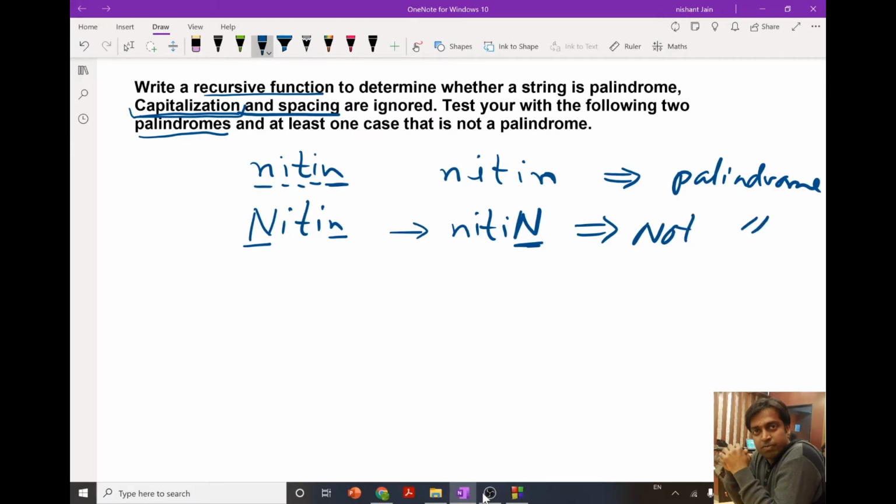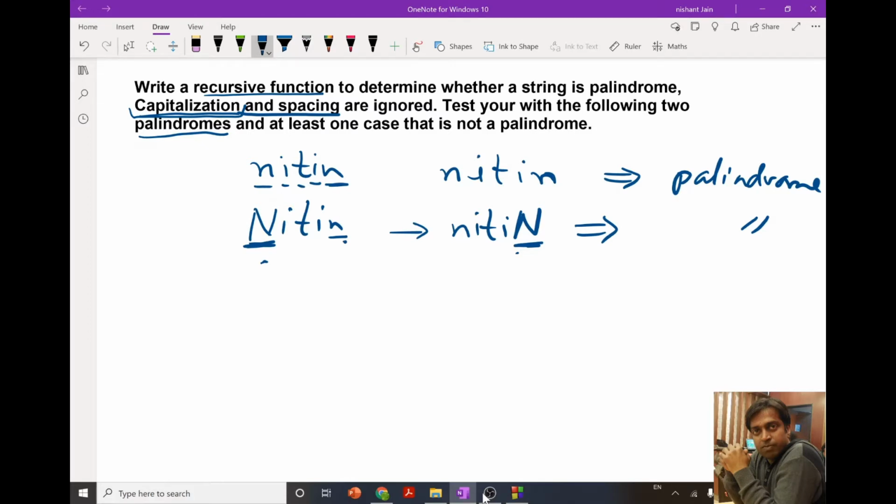But as per the program, we need to avoid capitalization, so small n and capital N should be considered the same, and hence it should be a palindrome. Our program should tell that this word is a palindrome.